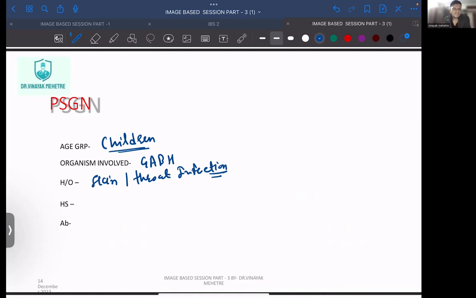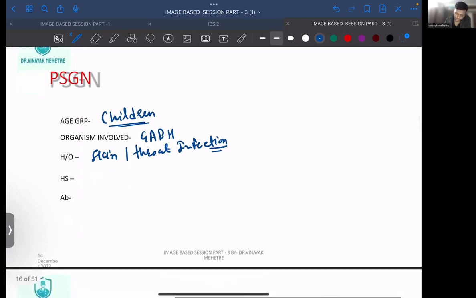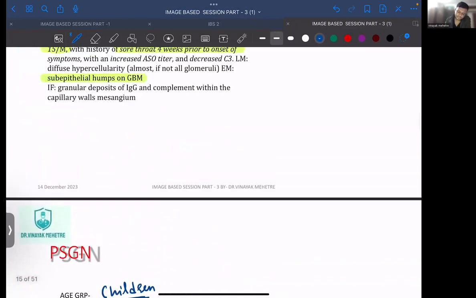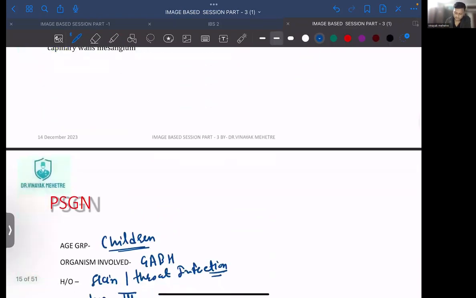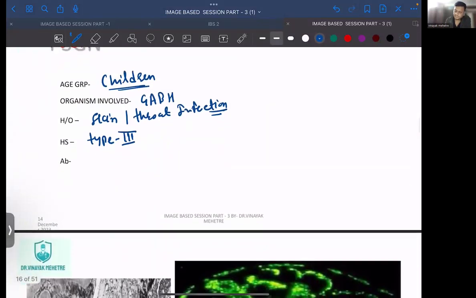Which is the hypersensitivity? Yes, it is type 3 hypersensitivity. Okay, no, it is type 3. Antibody associated, we have seen one over here, right? Anti-GBM is found in Goodpasture, not in this. Okay, it is ASO,